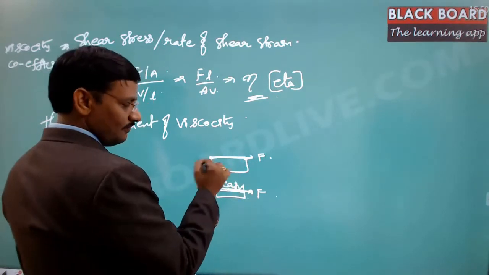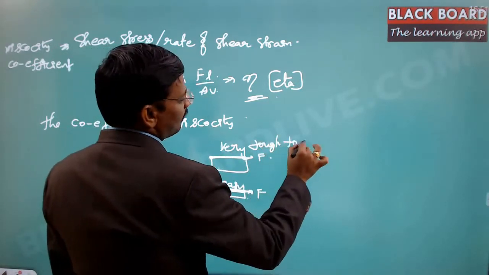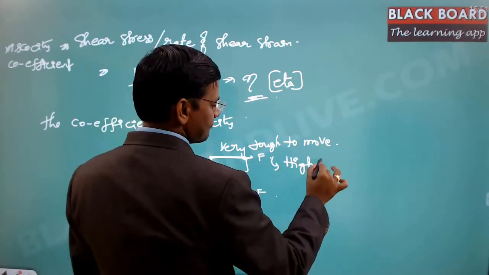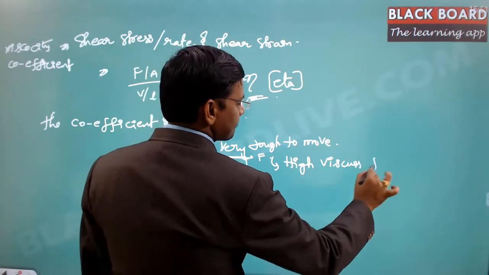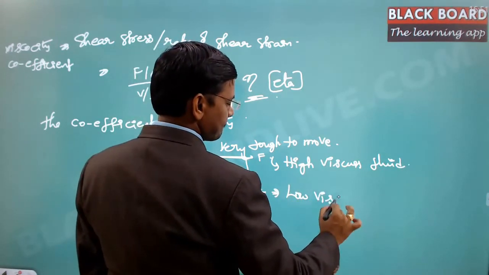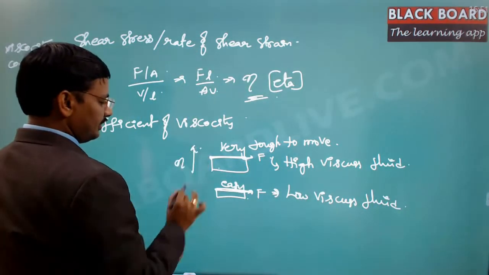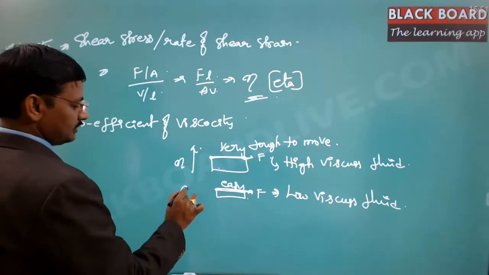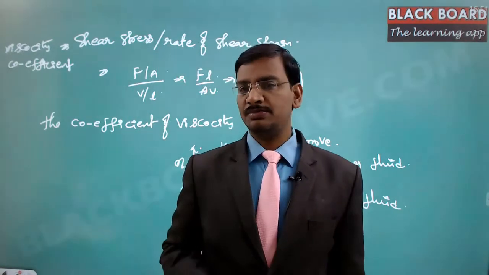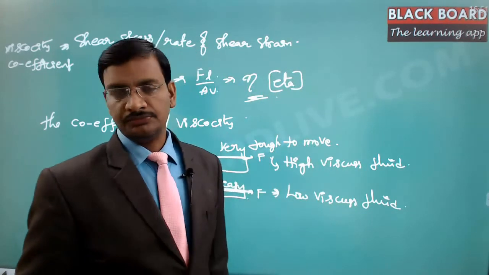And this is very less, so it is very tough to move. Hence, this is a high viscous fluid. This is the low viscous fluid. And this eta value is more in this particular case. The eta value is less in the bottom case, so it is less in the case of water. So this will be a measure of how the fluid is behaving in the dynamics of the flow, right? Got it? Any questions on this?